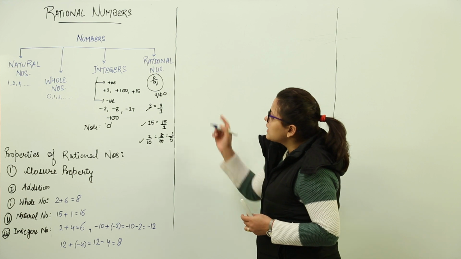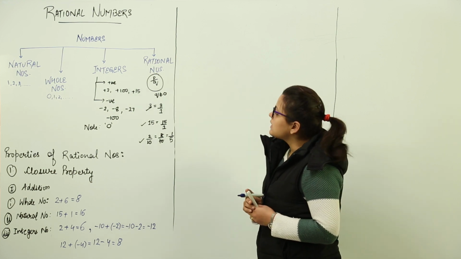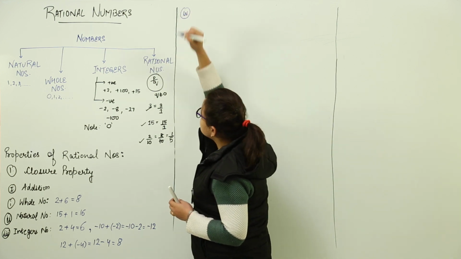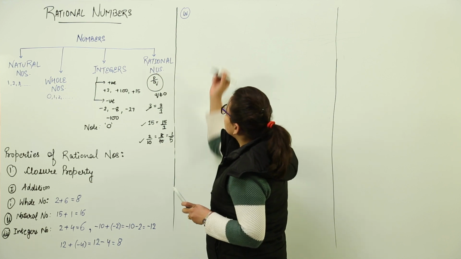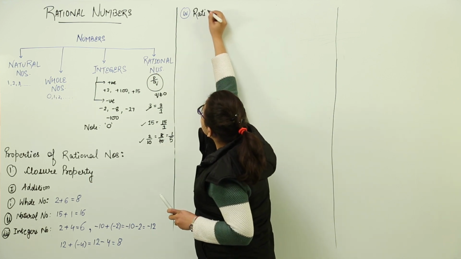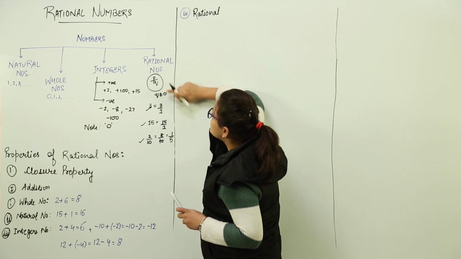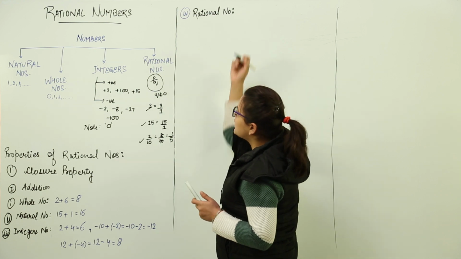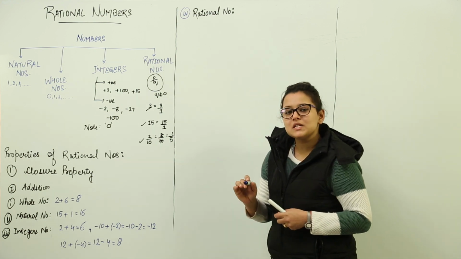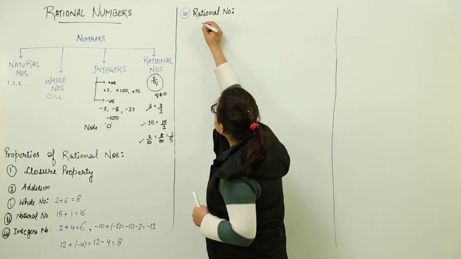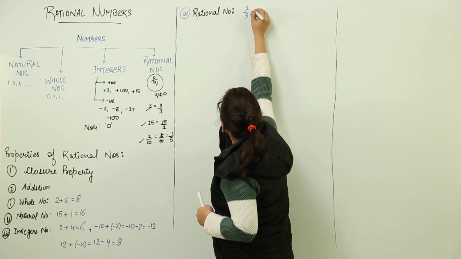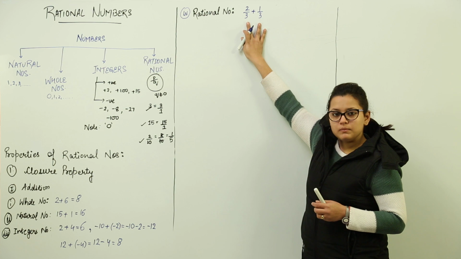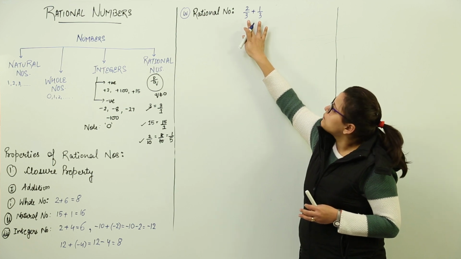Now I am going to take the next type of numbers, that is my rational numbers. For rational numbers, think of any two examples. It could be positive, it could be negative, because rational numbers have no restriction of being positive or negative. So we can take any rational numbers having negative sign or positive sign, right? I am taking say 2 upon 3 and 1 upon 3. Now you would notice here both the rational numbers are positive.